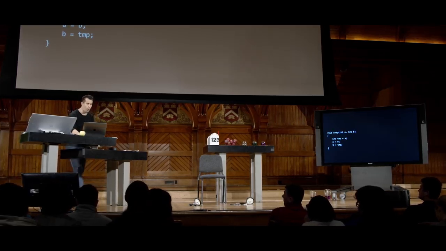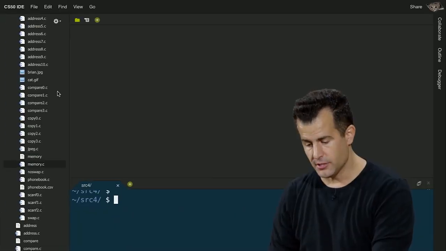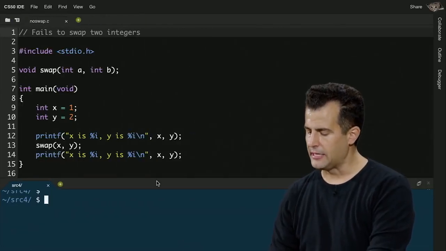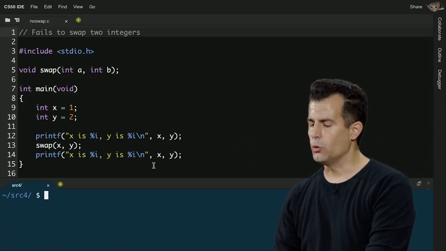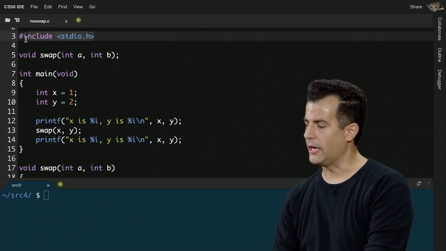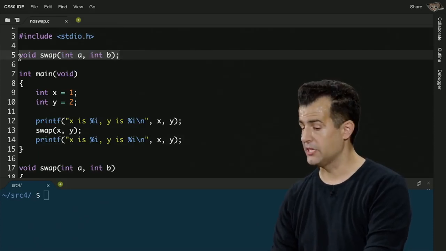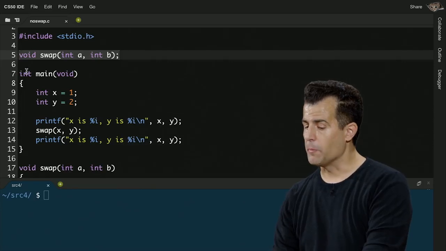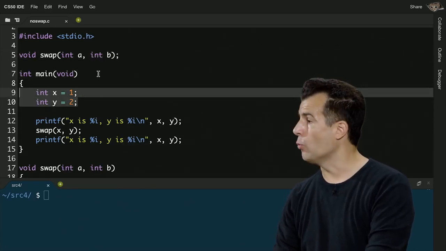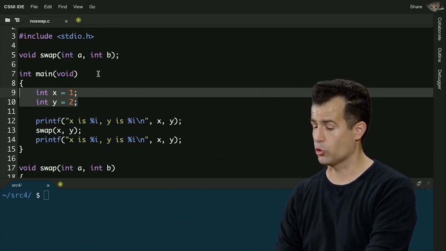I'm going to go ahead and open up a program that I wrote in advance here too, called, intentionally, noswap, even though you would like to think that it does exactly that. So notice that in this code, we have #include <stdio.h>, and a prototype for the function I just proposed, swap, that takes two ints, a and b. Here's my main function. And I'm just going to arbitrarily initialize x to 1 and y to 2, just as I initialized one glass to purple and one glass to green.